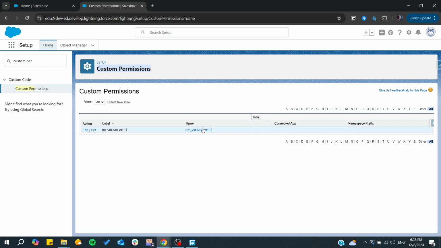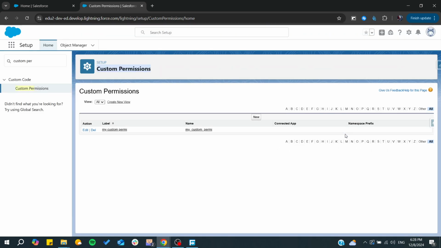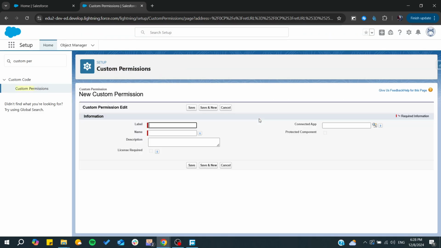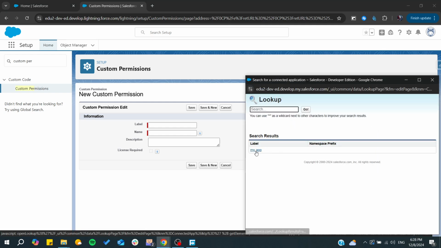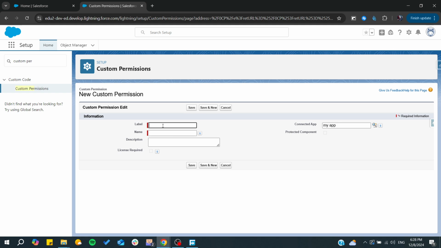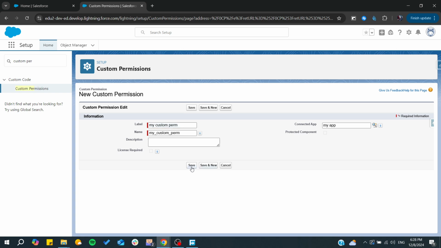So basically, for the custom permission, it will concern a connected app or a namespace prefix. So you will need to add an app to it. So if you have any connected app, for example, this one, and now I'm just going to add, let's say, my custom, and I will just click on save, and you can also license this permission and you can give